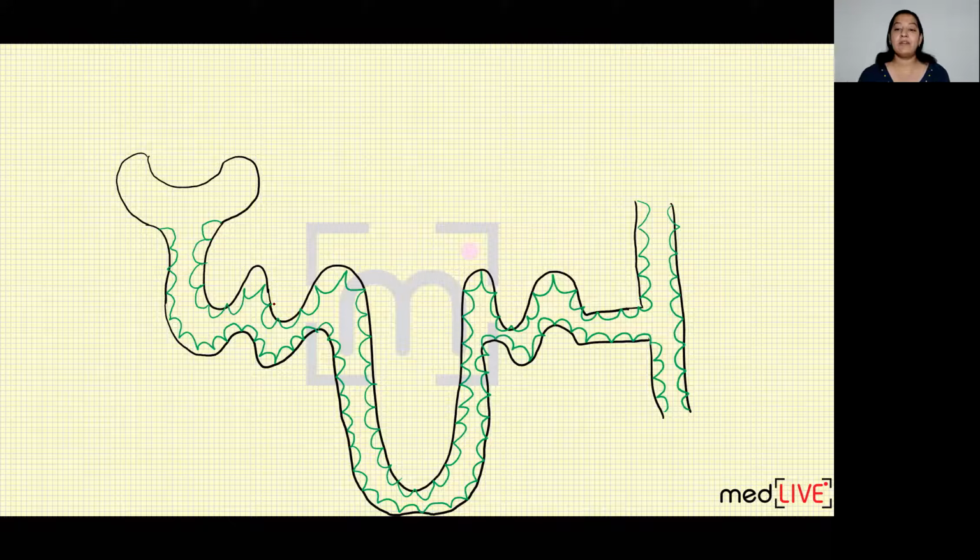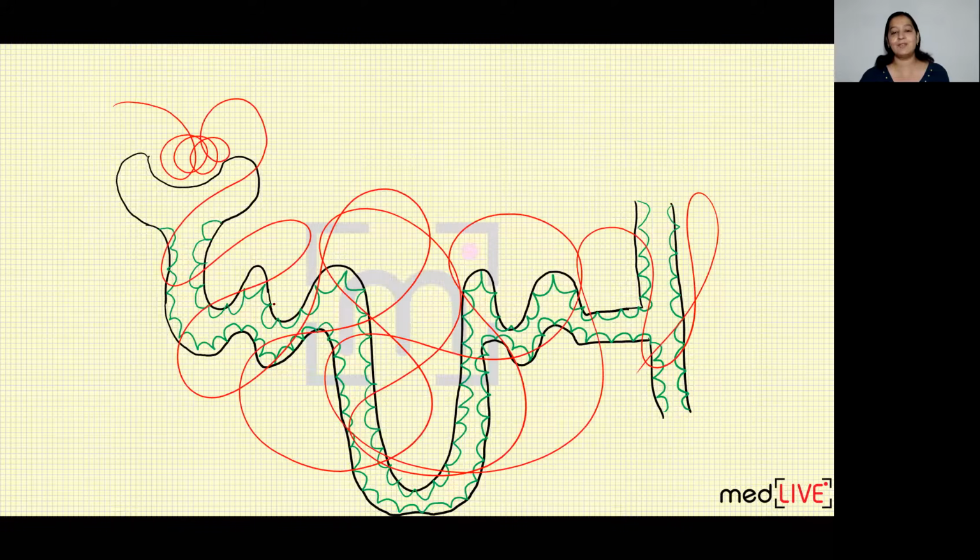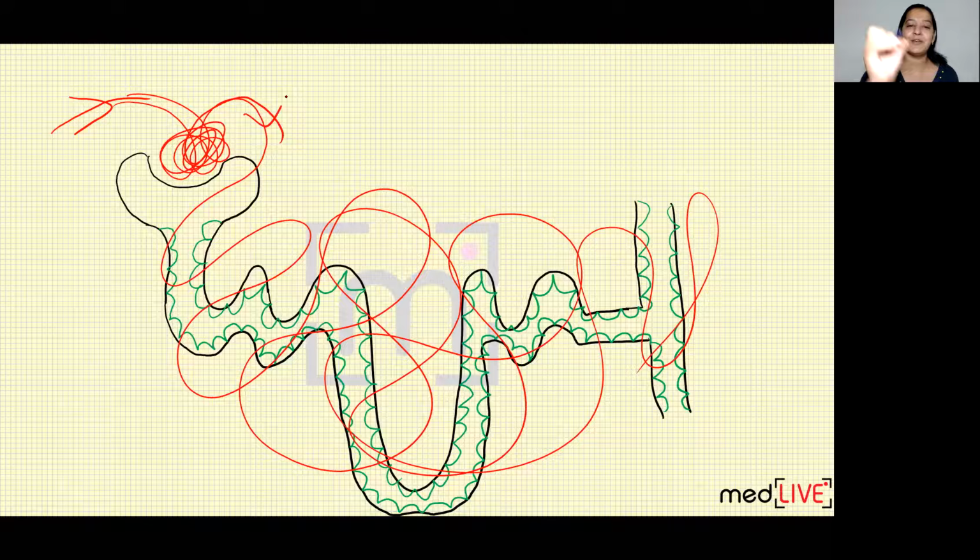Correct. Now I will draw the afferent arteriole, come, form a tuft of capillary. Efferent arteriole will leave, and that efferent arteriole will form vasa recti. So I will connect the diagram. Can you see in this diagram? This is the afferent arteriole entering inside the Bowman space, forming a tuft of capillary. Efferent arteriole is coming, and it is forming vasa recti.